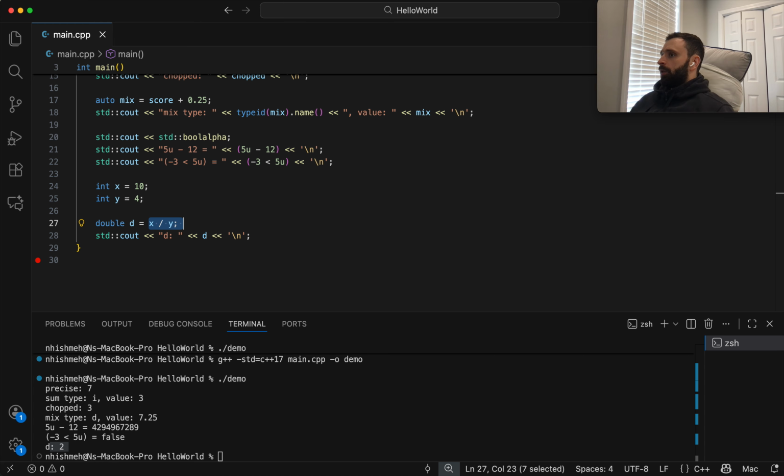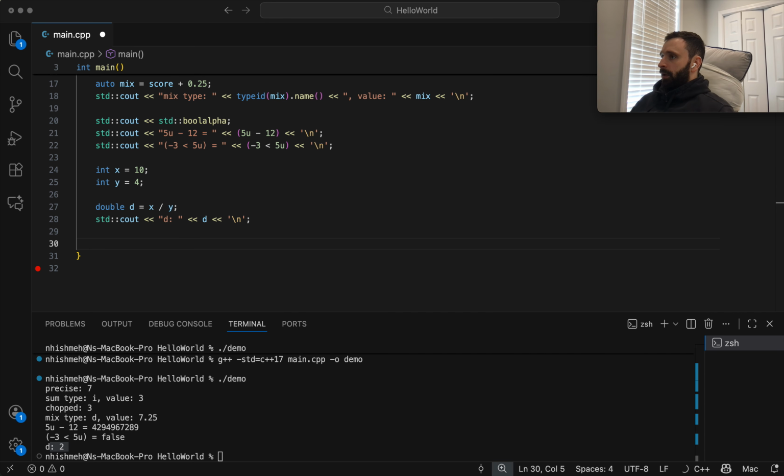Okay. So let's say we want to actually fix this division. How could we fix it? Let's say we do this right here: static_cast<double> of x. Here we actually cast one of the operands of the division operator to a double. So one of our operands is a double and the other is an int. Let me just get the print here so that we can see the result.